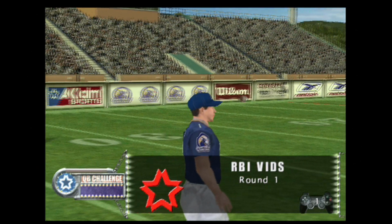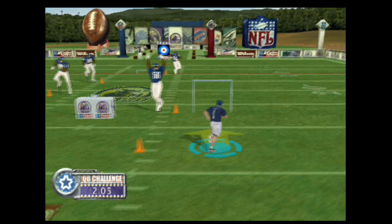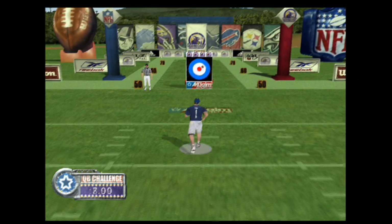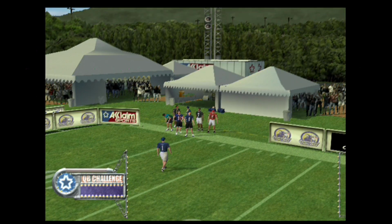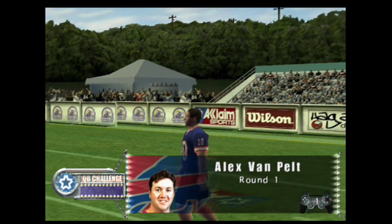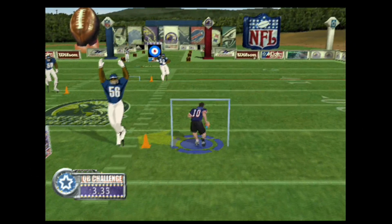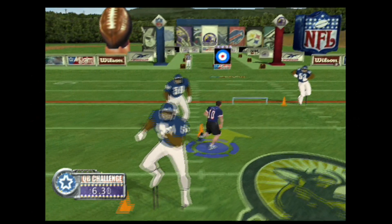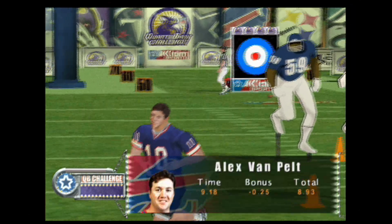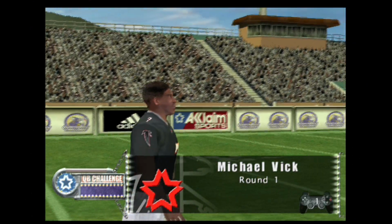Next up in this event. Nice throw there, and he strikes the second ring for a 1/4 second bonus. Let's check out the official time. Our next competitor in the speed and mobility event is... He strikes the second ring, and a 1/4 second will be deducted from his time. Good job hitting that second ring. Our next competitor in the speed and mobility event